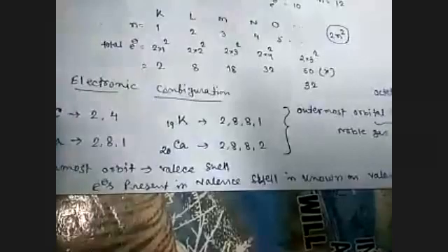So for carbon, valence electrons are 4. For sodium, 1. Potassium, 1. Calcium, 2. Remember, this is valence electron, not valency. The concept of valency will be discussed in the next class. This is valence shell, valence electron. Valency will be discussed in the next class by the combining